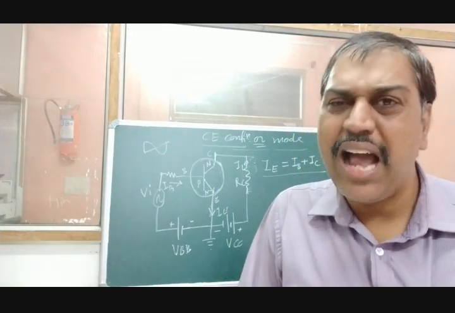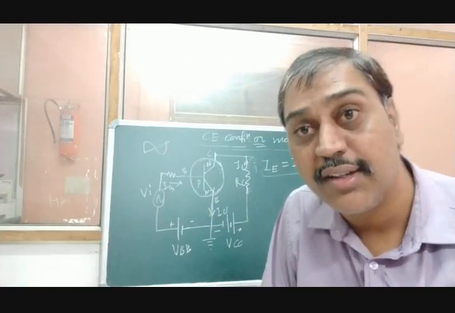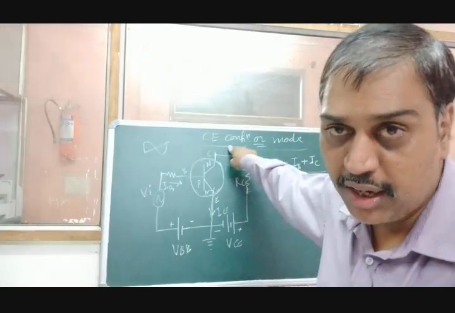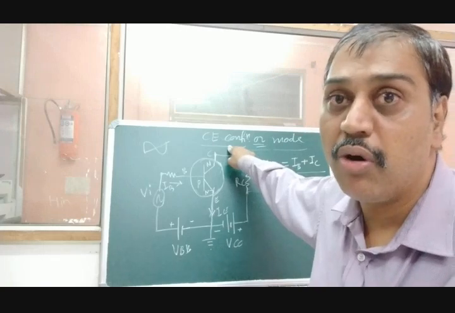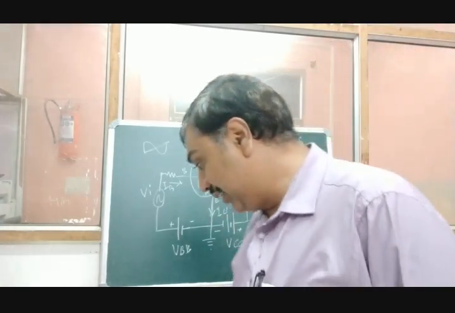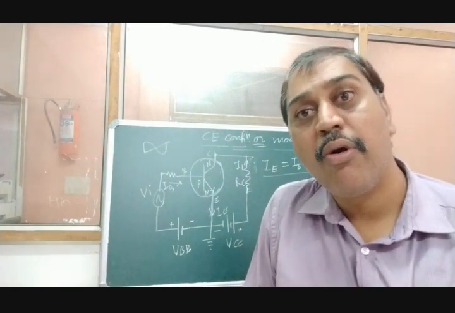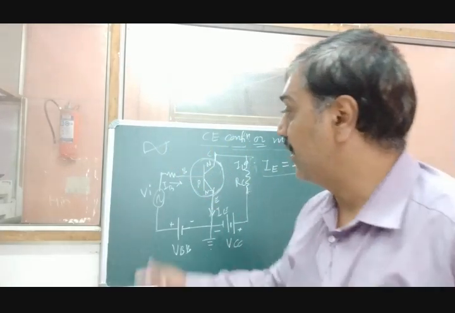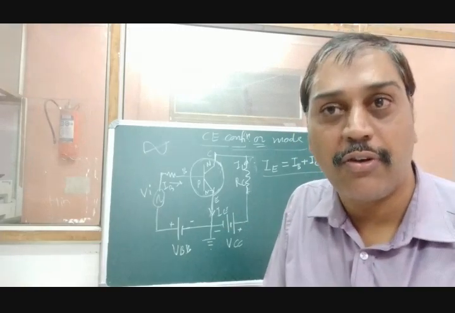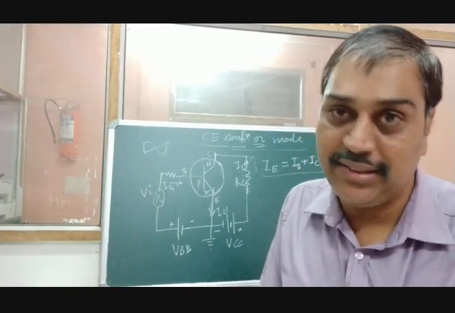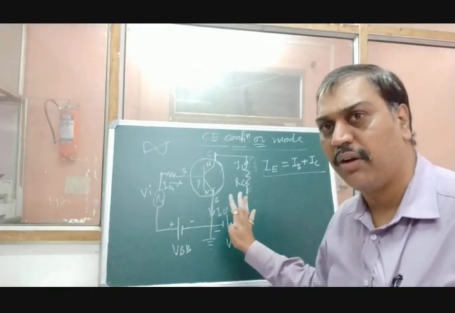Now remember, why are we going to learn only common emitter? Why have we not taken common base and common collector? Because this is one of the most important transistor configurations, where the transistor will work efficiently, because it gives more current gain and power gain. Below this diagram, in the third to fourth line, they have mentioned that this common emitter mode gives more current gain and more power gain. Its input impedance is low and output impedance is large. That's why it is better to use common emitter as compared to common base and collector, and this configuration is very famous in transistors. That's why we are going to concentrate on this.